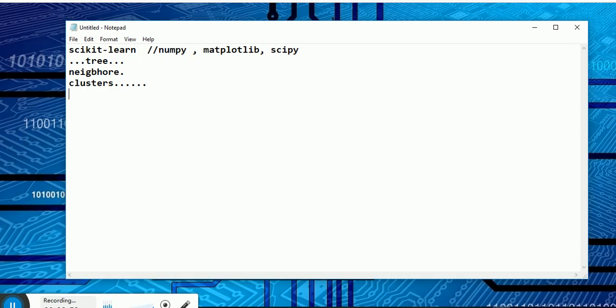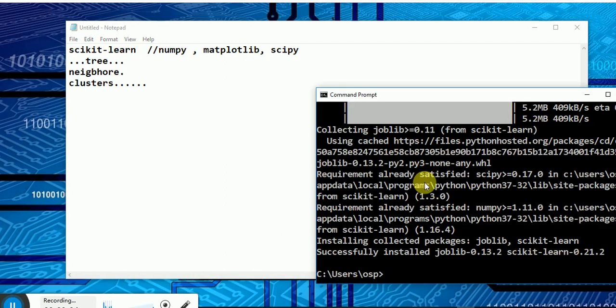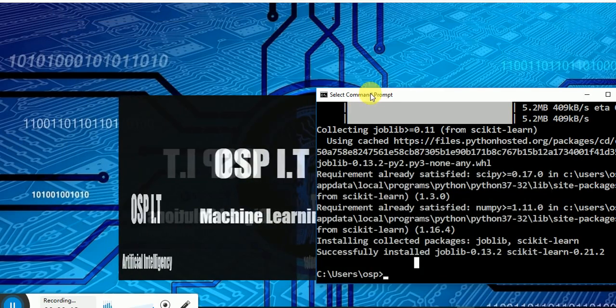So at the moment, we are going to first set this up to show that at least we have Scikit-learn installed in our machine. The first thing to do is go to your computer, to your command prompt. I hope by this time you know how to install Scikit in your machine.